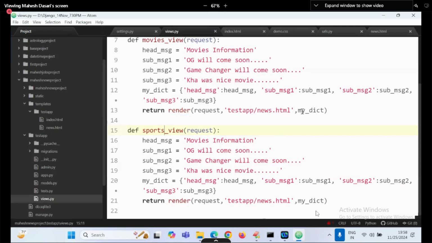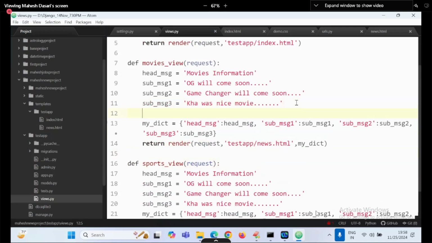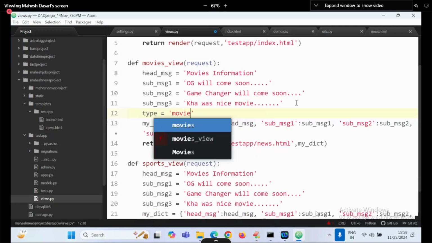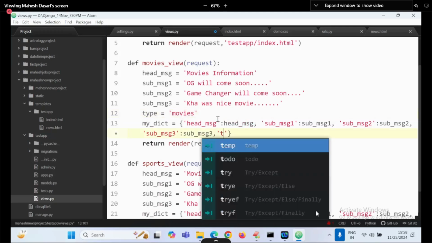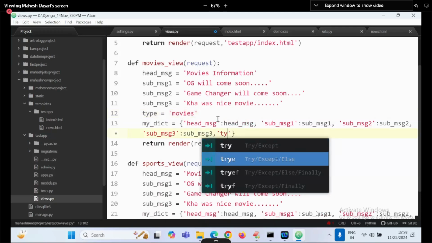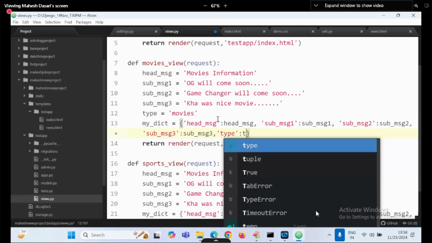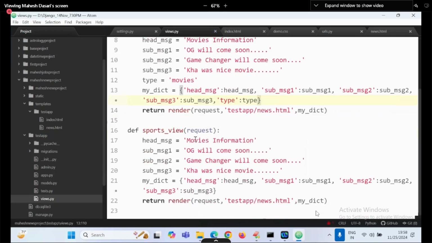sports, let's say. Okay, but I have to mention one more variable I can provide, a variable type. Type equal to, what is the type? Movies. Add this one, comma, type, colon, type. This is movies. For sports here I have to go with